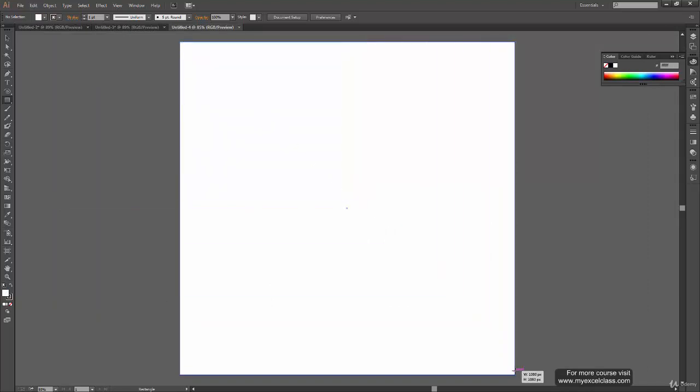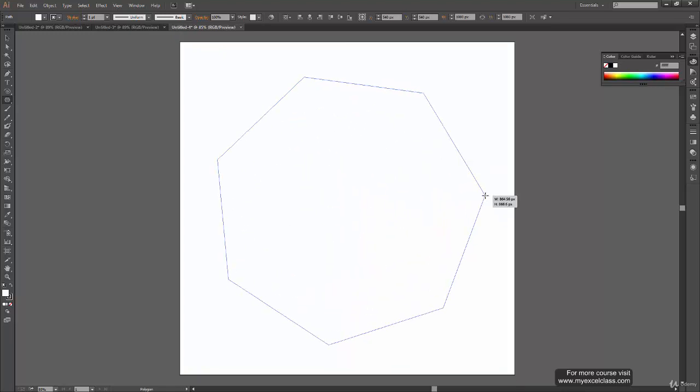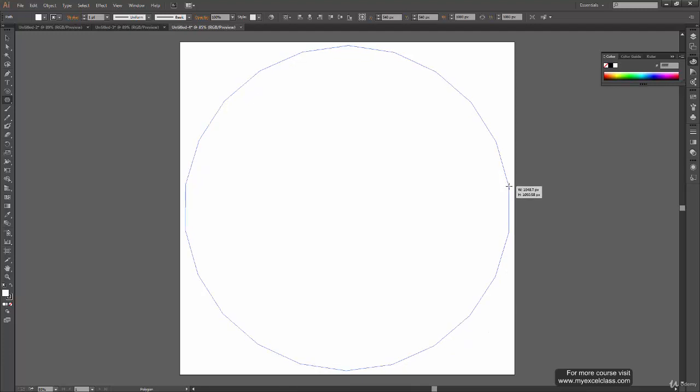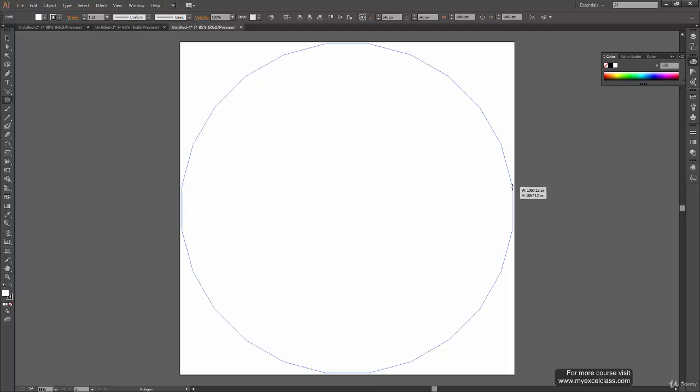Alright, so first of all, create a rectangle, and now select the polygon tool and, from the center of this, start creating a polygon, and increase the number of sides to this much so that it matches your horizontal and vertical axis.